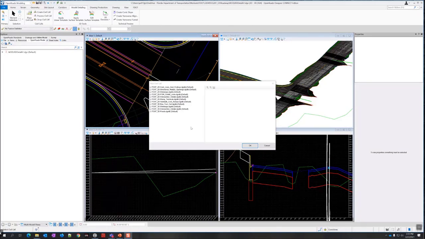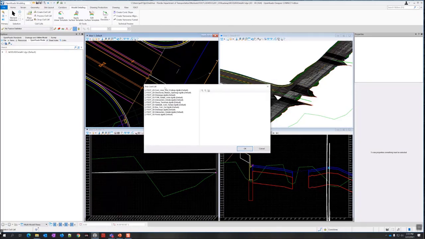All right, so pick civil cell opens up, and we're going to go to the f.3D intersection details.dgnlib. So I'm going to click the 3D traffic separator nose. It's the only one in that and click OK.